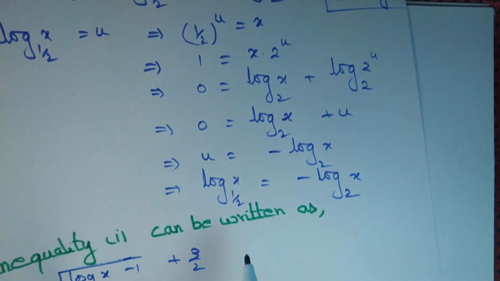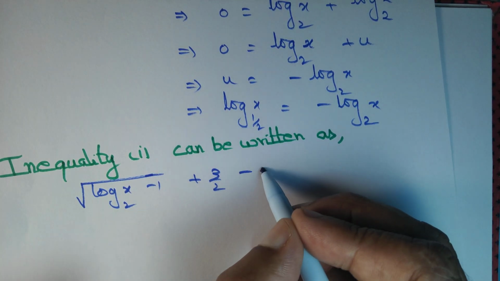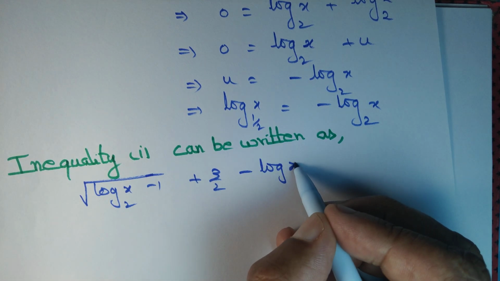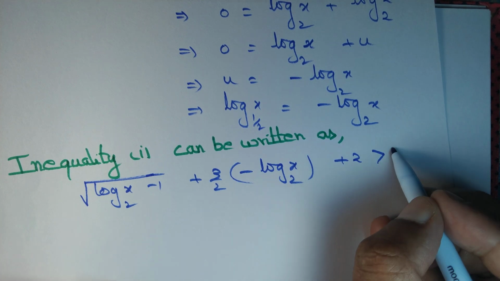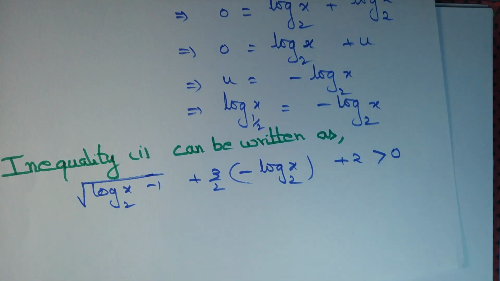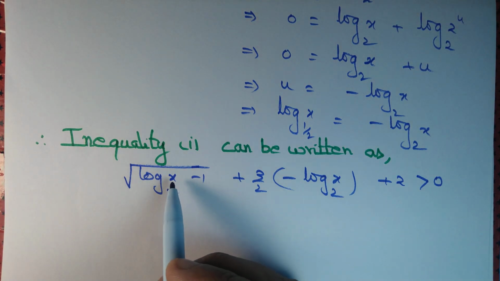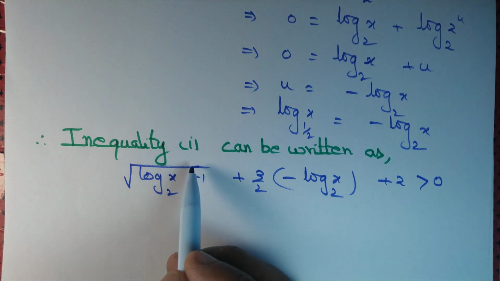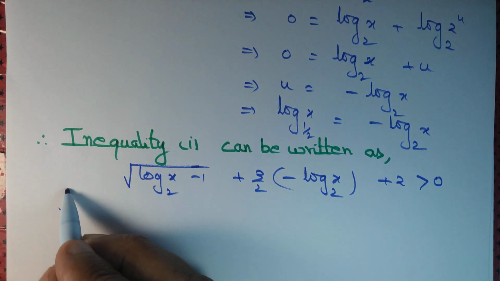But as we have seen, log of x with base half is minus log x with base 2. So minus log x with base 2 plus 2 as it is, greater than 0. Now we need to simplify this expression. So far we are assuming x to be greater than or equal to 2, but we have got a square root. Let's remove that square root. We simply assume